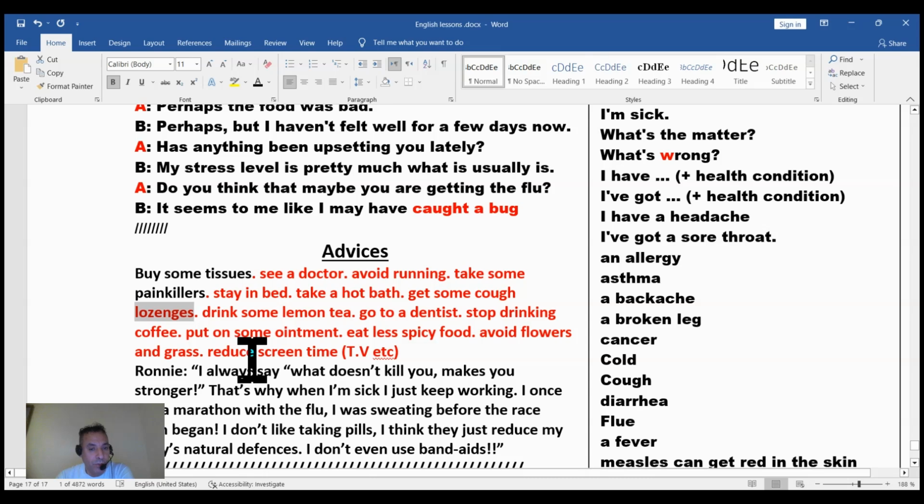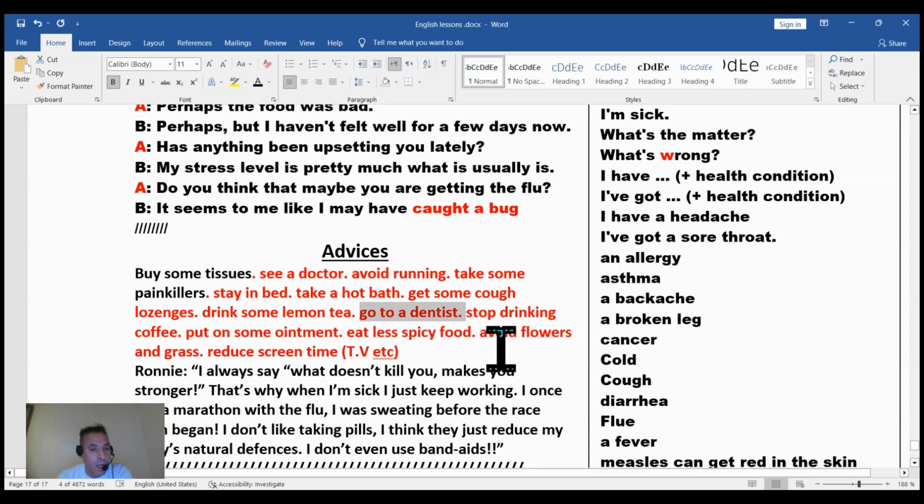Drink some lemon tea. Go to the dentist if you have a toothache. Stop drinking coffee if you have an allergy.